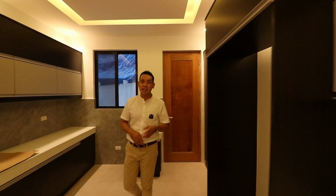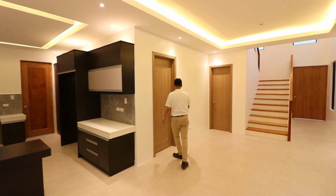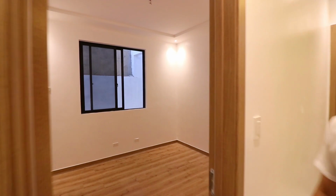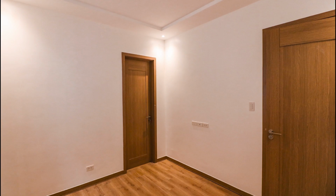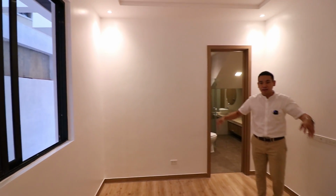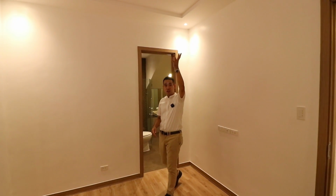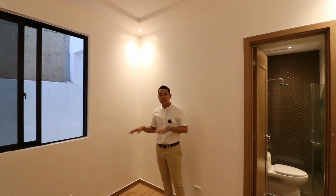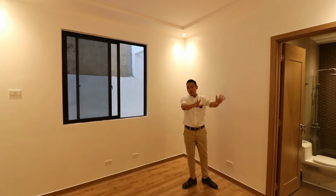From your kitchen space and your main dining and living area, let's now take a look at your first bedroom. The first bedroom is a great space that you can also use as a home office. You have a provision here for your own light fixture, so this room can get even brighter. And you can also make this a playroom or an additional movie room to add to your living space here